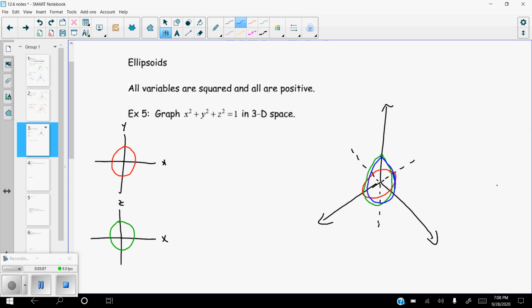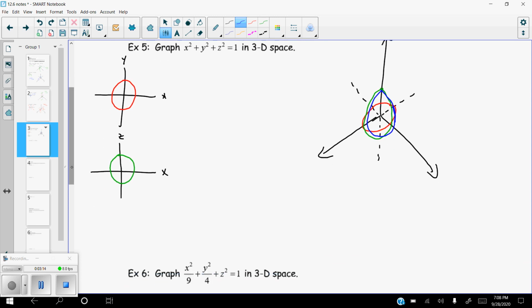Okay, so let me show you an easier way to do this because this is not easy to do from that perspective. Again, drawing the traces individually, if you're good at it, is not so hard. For me, drawing these traces individually like that is not the easiest. Hopefully we all recognize what this thing actually is. It is a sphere. To me, the easiest way to draw a sphere is to go ahead and draw